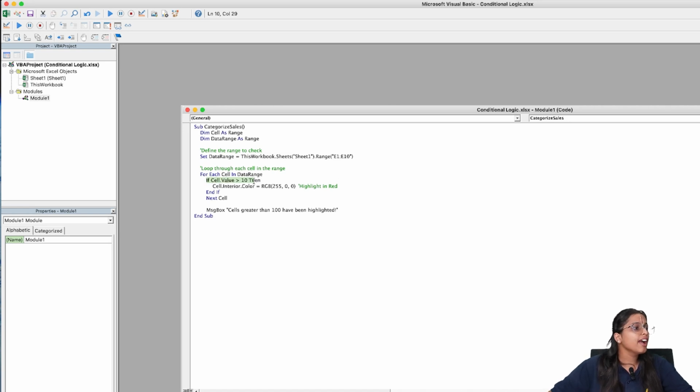Now I have to write multiple conditions. So I'll first copy it and paste it. In this condition, first I'll set the value to High.